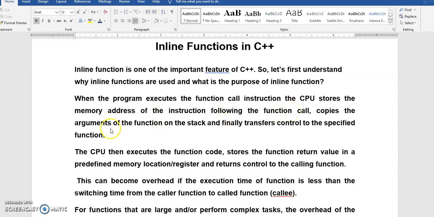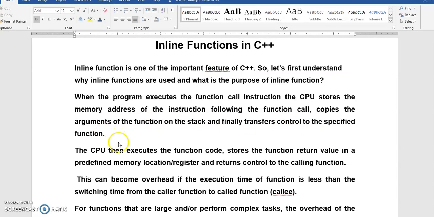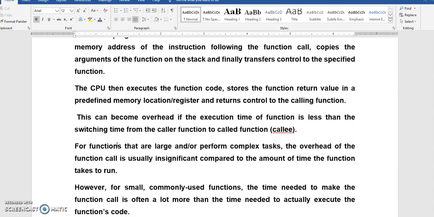It copies the arguments of the function onto the stack and finally transfers the control to the specified function. The CPU then executes the function code, stores the function return value in the predefined memory location or register, and returns to the calling function.